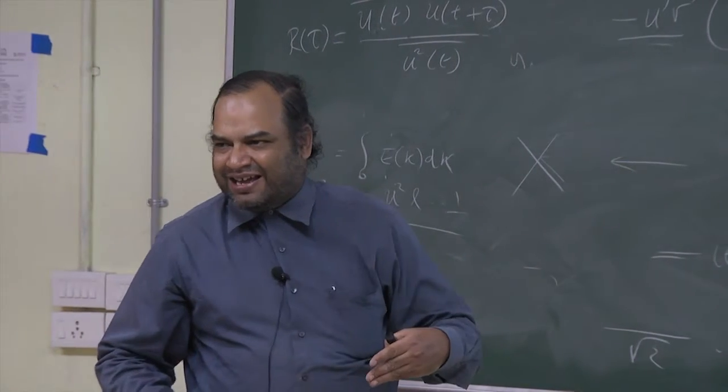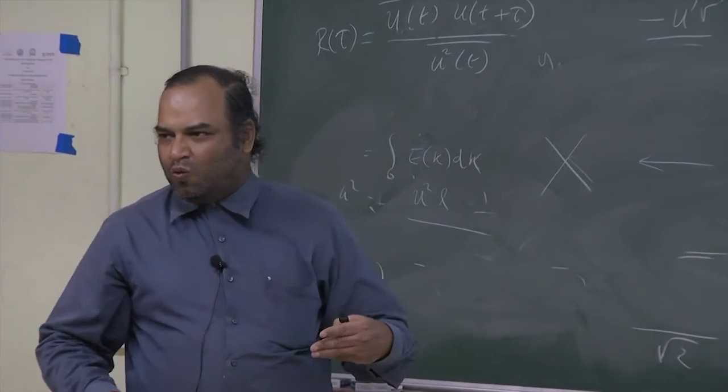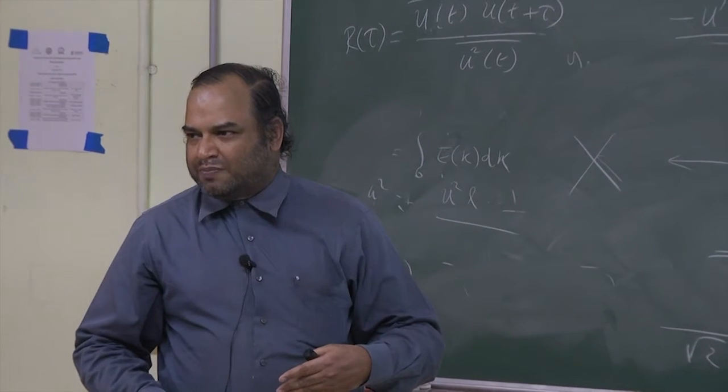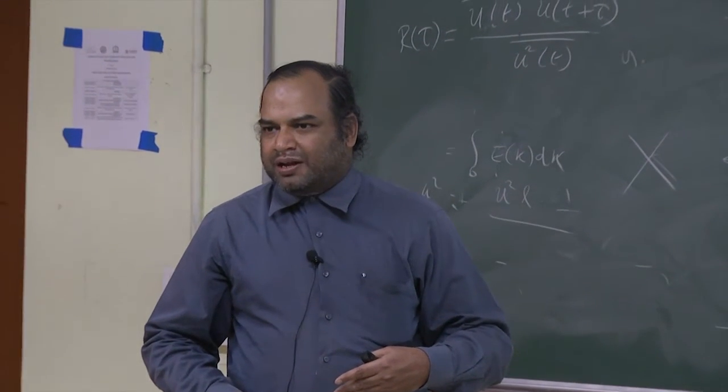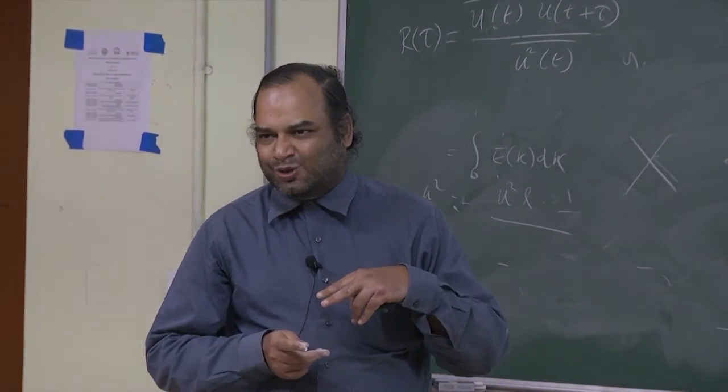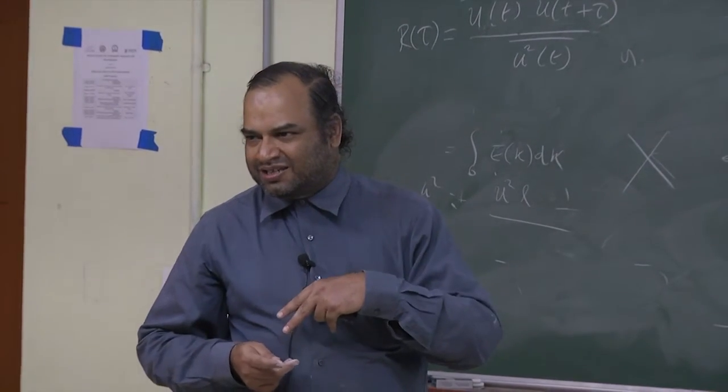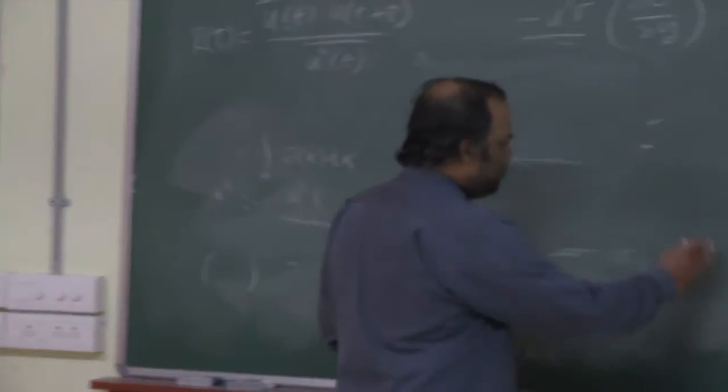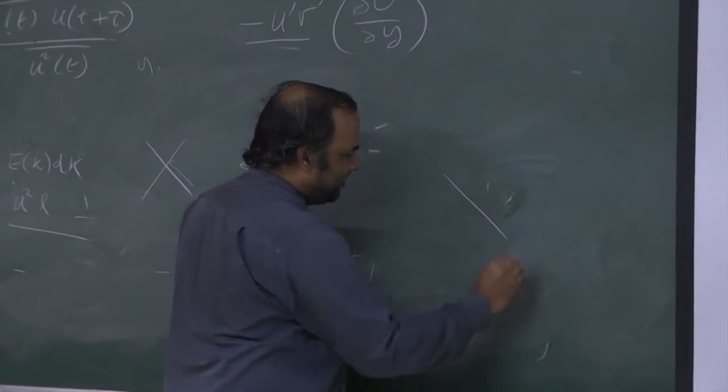Now this doesn't arise in the case of a jet or a wake when there's no wall. In the case of wall bounded flow, it matters. You can only make all these cross wires so small. If you want to go very close to the wall, it's difficult. So sometimes we use a single slanted wire like this,